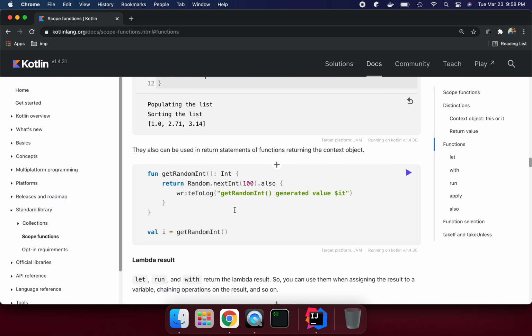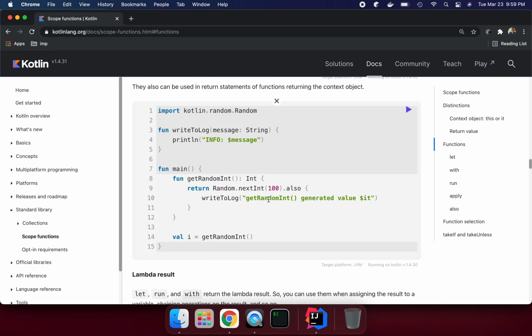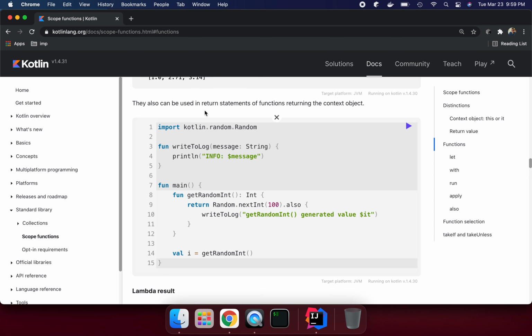These are the things that show how we can return the context object. They also can be used in the return statement of a function returning the context object. Here we are saying return here.